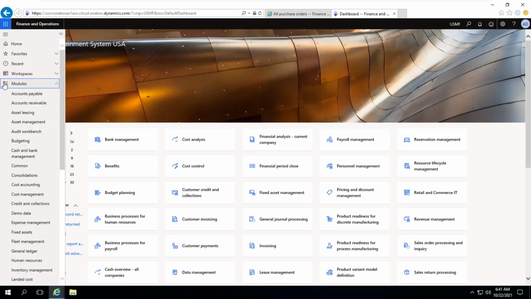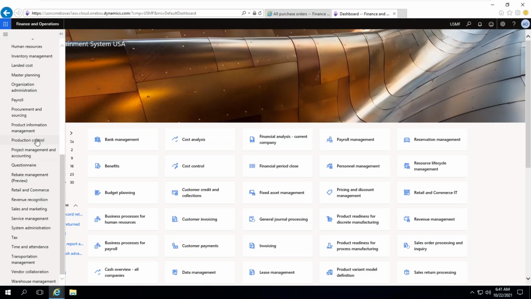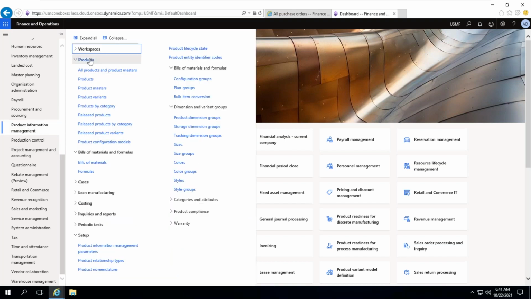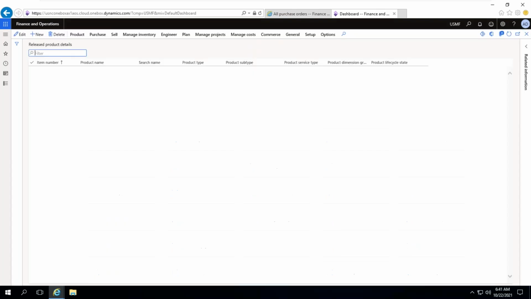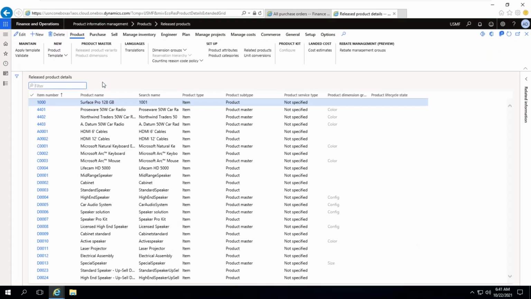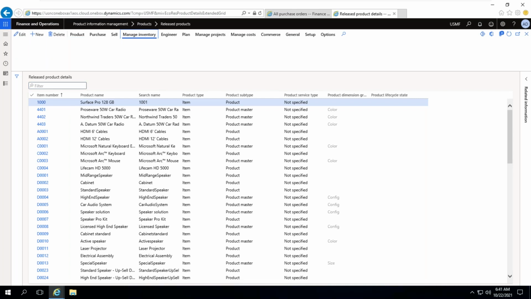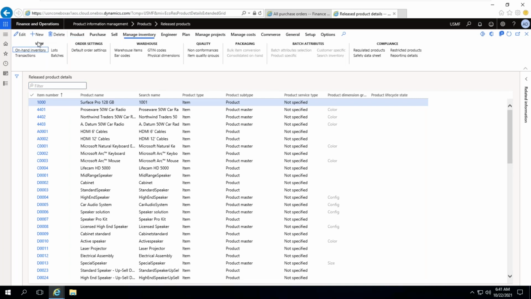Now let me go to product information management. Product information management, products, released products. So item 1000, manage inventory tab, view on hand inventory.